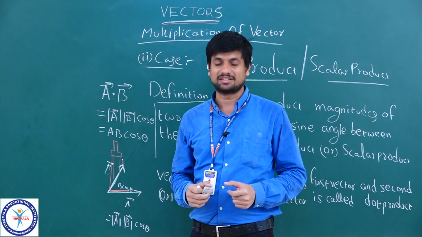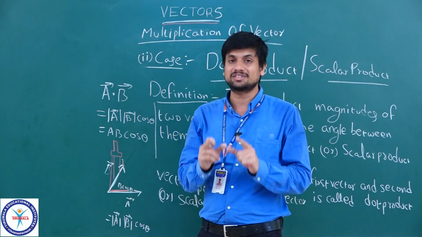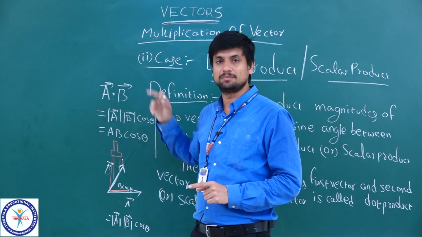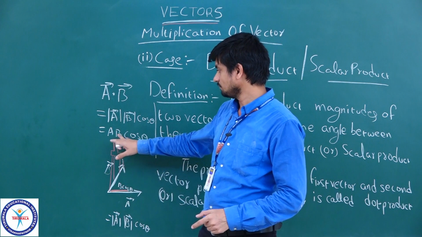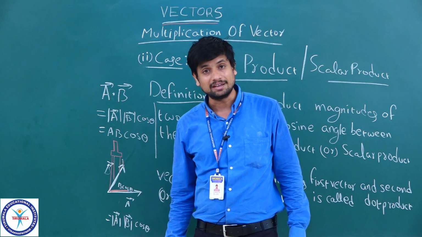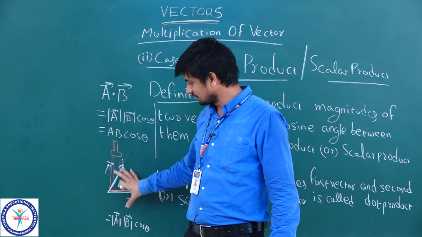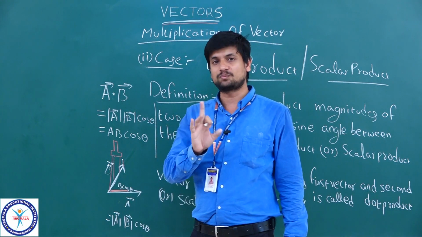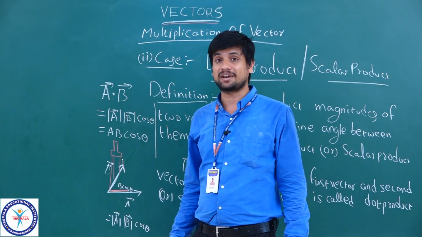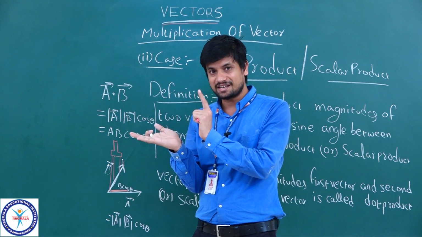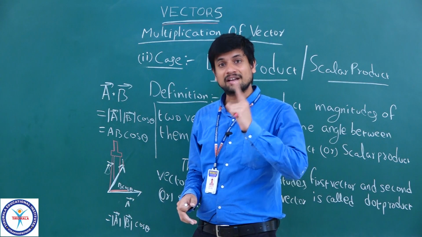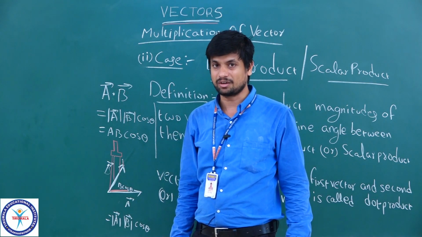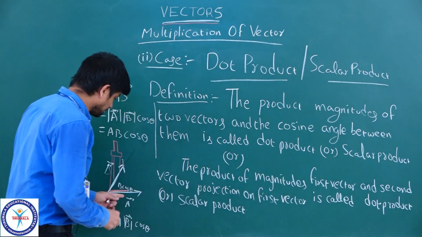So, these things will be discussed now, but dot product or scalar product, keep it in mind, simply that is represented with A dot B, A bar dot B bar. It gives you AB cos theta. So, by using this, I have written here projection means B cos theta. Do not get confused, go through the resolution of the vectors. Horizontal component is there, right? B cos theta. Its vertical component is B sin theta. I am not taking the vertical component B sin theta. Okay, I am taking B cos theta.